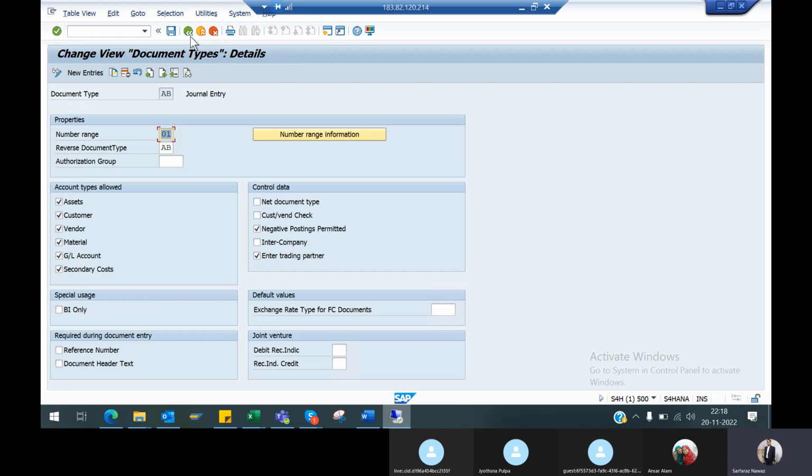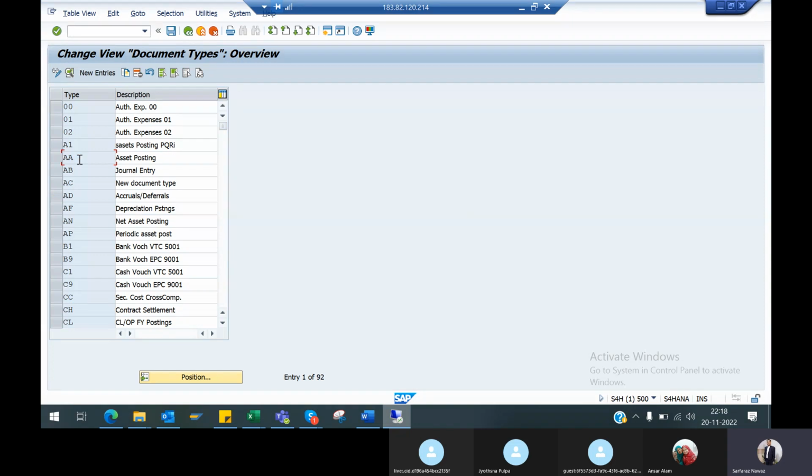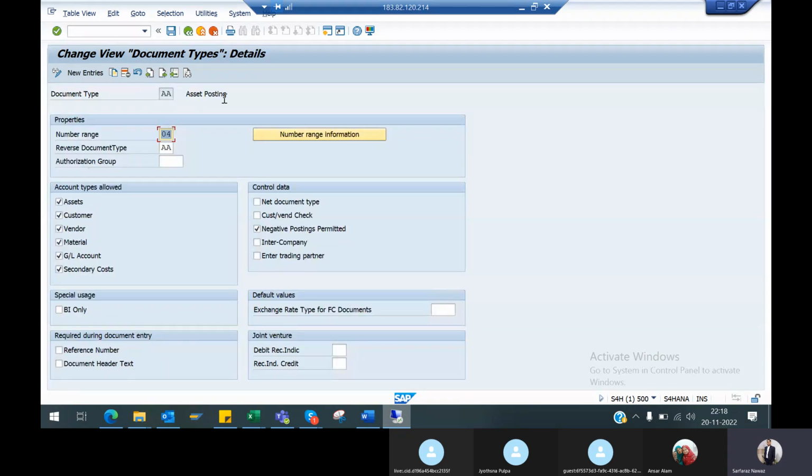And every document type will have a number range assigned to it. Like if you check asset accounting, the asset document type, I have double-clicked on asset accounting, meaning AA. So AA is asset accounting, and its reversal is also AA. This is the standard practice SAP has suggested: document type AA, but when you make any reversal entry of a particular asset posting, that reversal entry should also post in AA. But your client requirement is no, I don't want any reversal entry posted in AA, that should be posted in a different one. I want to extract